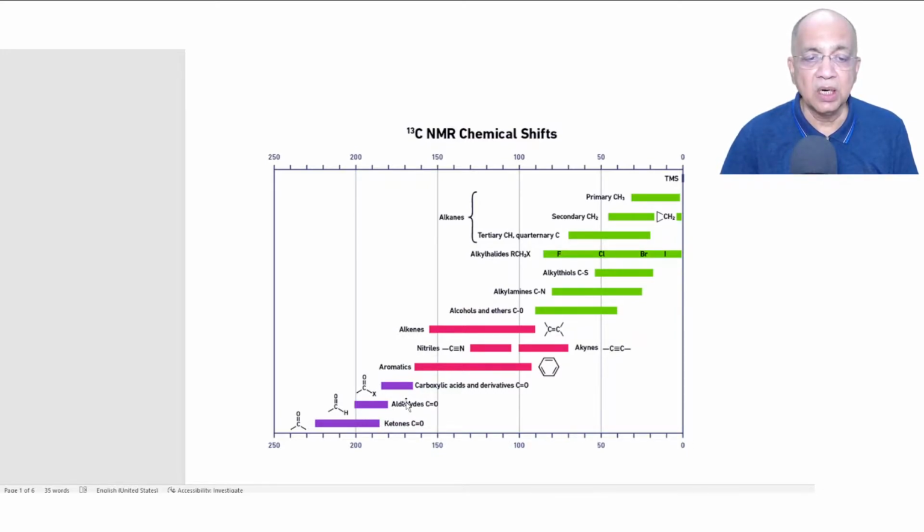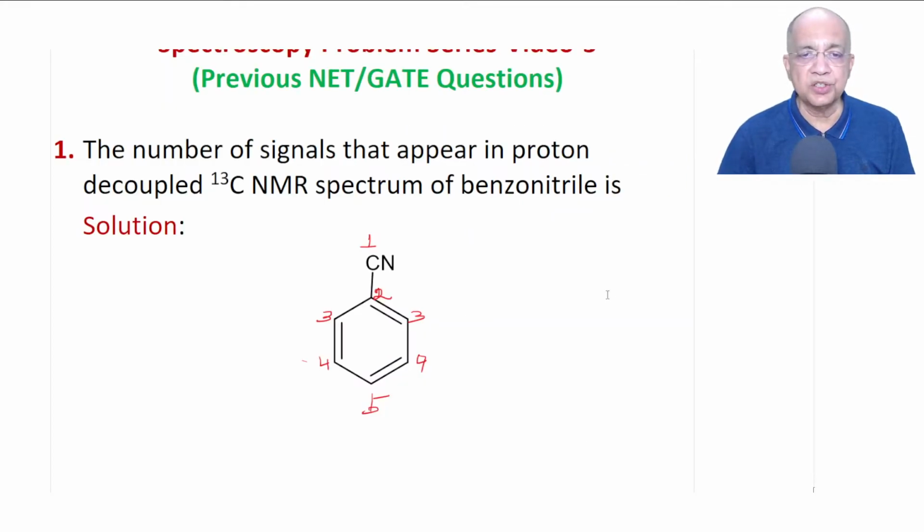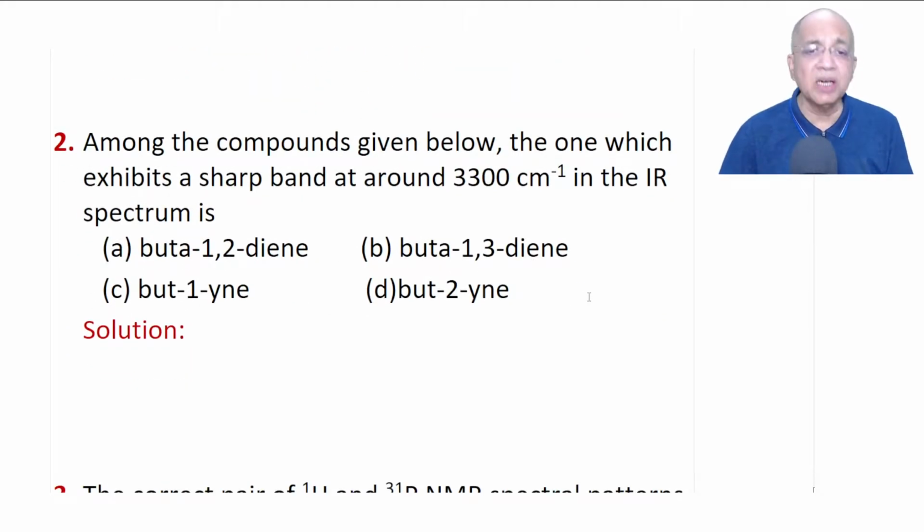Aldehydes and ketones can exceed 200 many times, maybe 190, 195. So carboxylic acid is first, then its derivatives, and then the most deshielded are the aldehydes and ketones, right? I'm just reminding you of these different ranges, and now we go to the second one, which is on IR, infrared